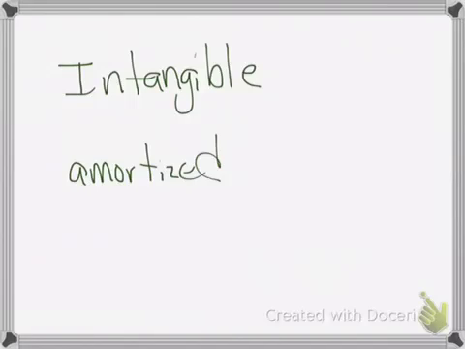Now, what amortization looks at, it is the process of allocating the cost of intangibles, and it's generally done over 20 years or its useful life, whichever is shorter, is what you would be using when we look at amortization. So those are just some of the things that, all right, and so that's pretty much all that we're dealing with